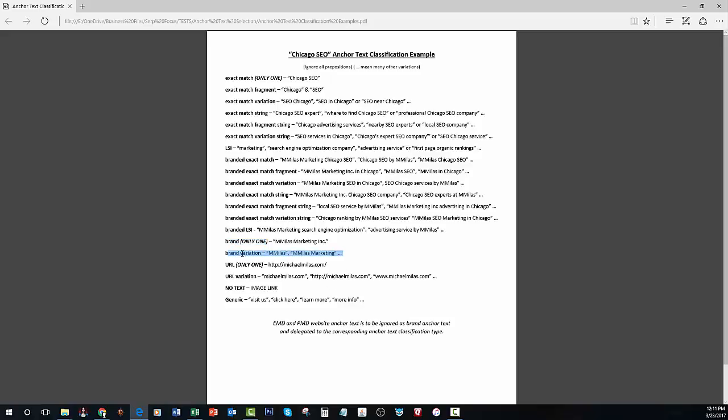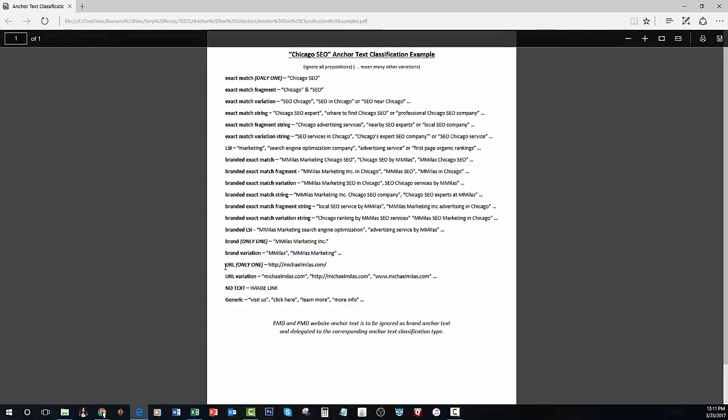And now this is especially important once you start getting into partial match domains and EMDs, because you can have brand variation with keywords, if that makes sense. And once you get into that and see what I'm saying, you can have an exact match domain, or say a partial match domain, and it'll have a brand in it as well. So the most important thing that I want to point out is that when you are dealing with partial match domains and exact match domains, right here at the bottom we have a little note. EMDs and PMD website anchor text is to be ignored as brand anchor text and delegated to the corresponding anchor text classification type. So what that means is, say that my website was